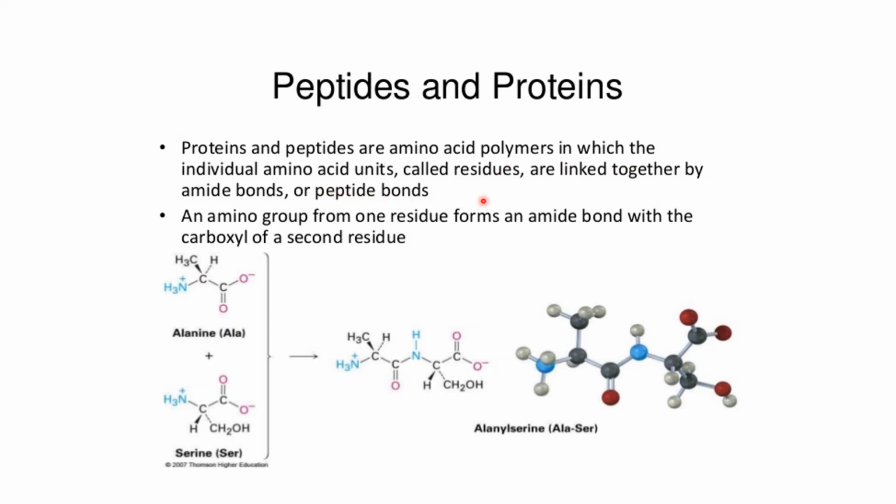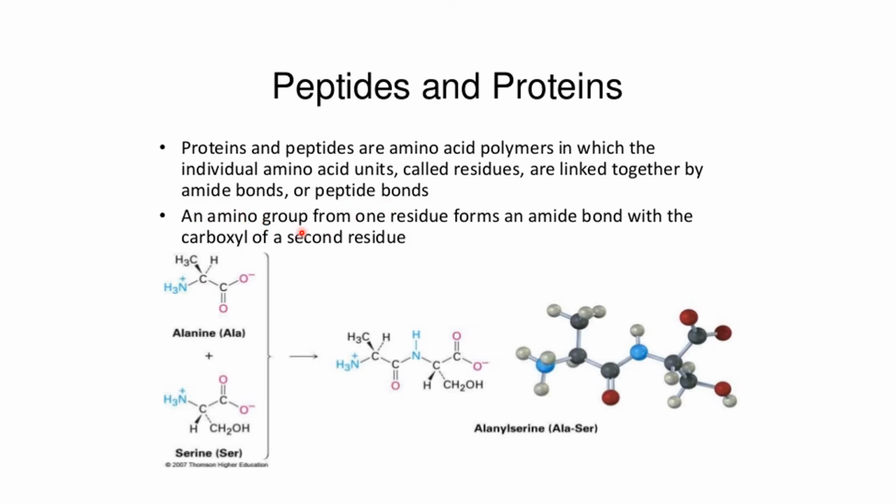But I'll come to it later. So an individual amino acid in a polypeptide chain is called a residue. Now there are so many amino acids giving rise to a protein molecule, but these amino acids are linked by a particular bond. That bond is nothing but the amide bond or peptide bond. So each amino acid is linked by an amide bond or peptide bond.